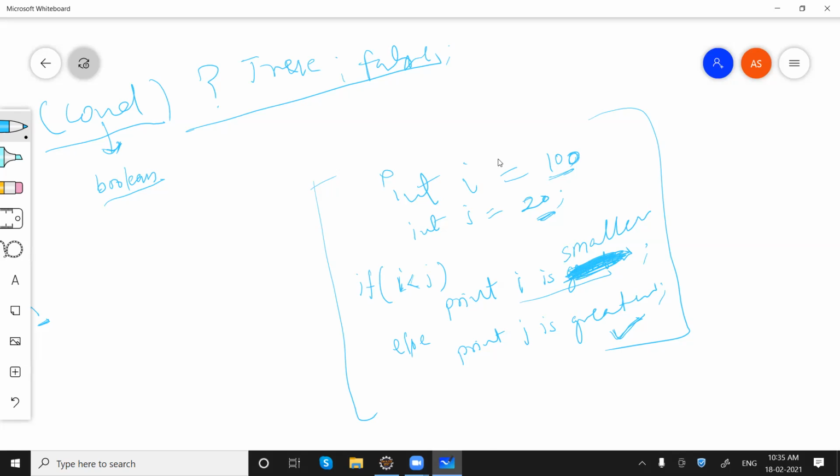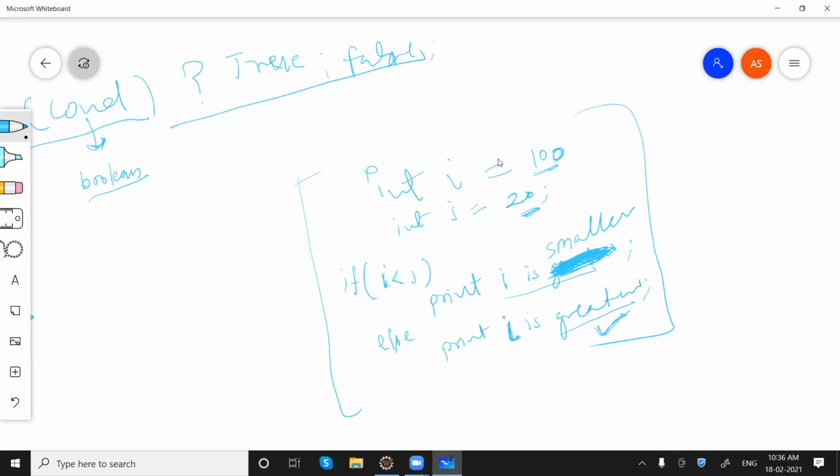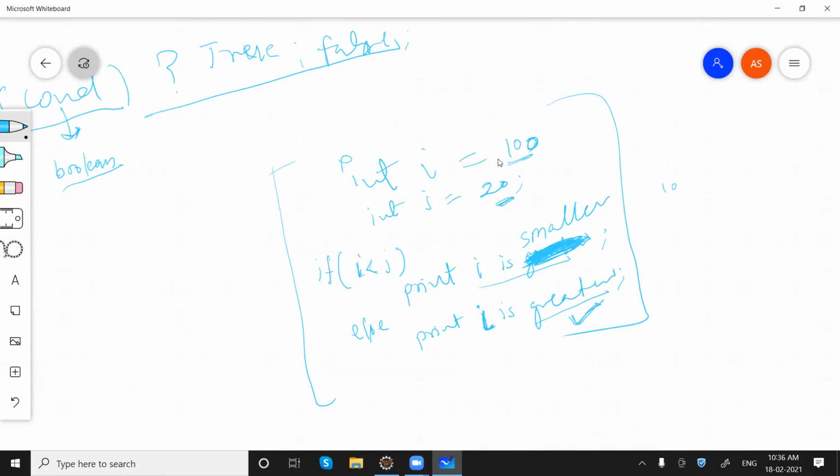And in the other case, if i is not less than j, then we can say "i is greater". For example, when we have 120, what will we get? Tell me.